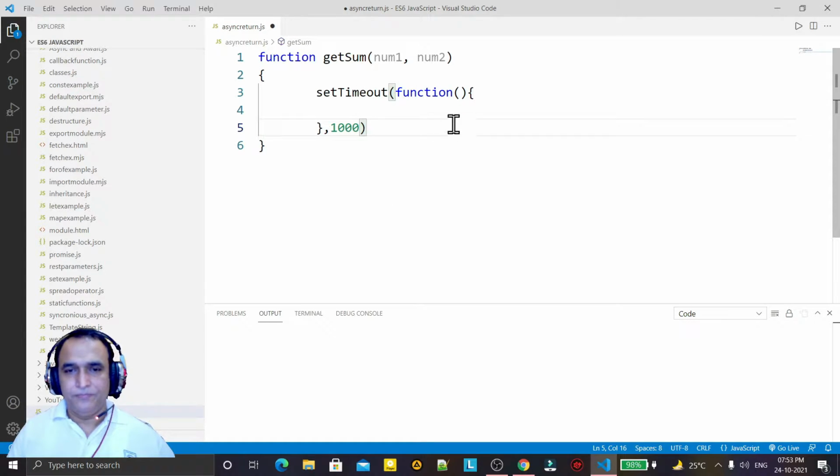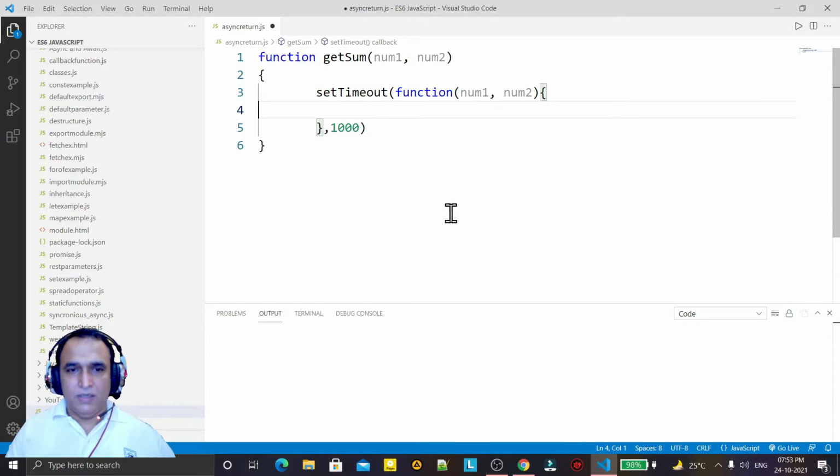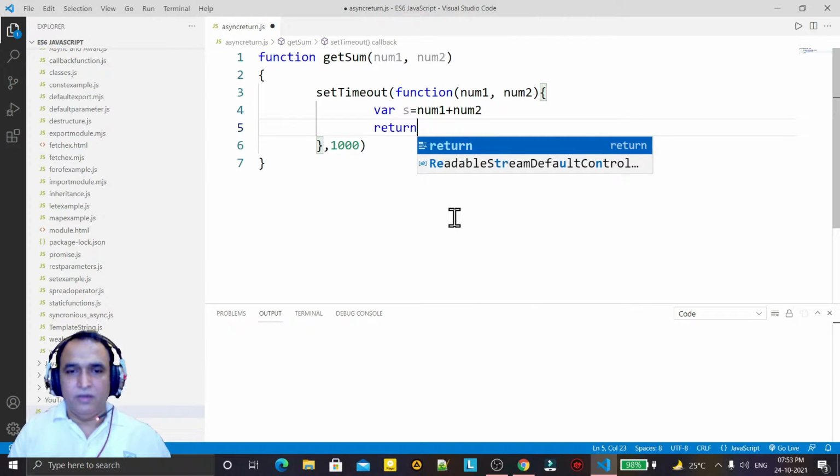I am giving num1 and num2 as parameters, and then I calculate the sum here, s equal to num1 plus num2, and here we try to return a value.